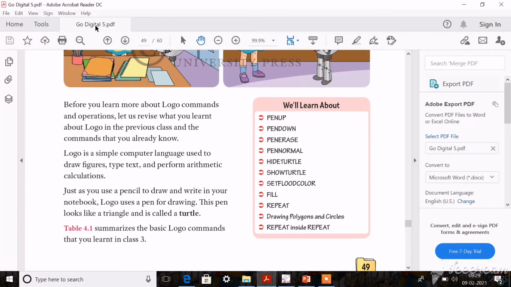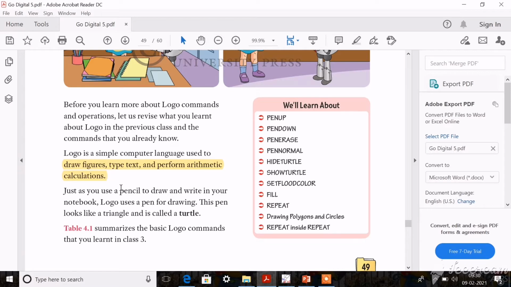In logo, you use logo for drawing figures. If you have a pencil, just underline this. It is a language used for drawing figures, typing text, and performing arithmetic calculations. In logo you also know that there is a pen-like thing called the turtle. It looks like a triangle, and it is used for drawing.